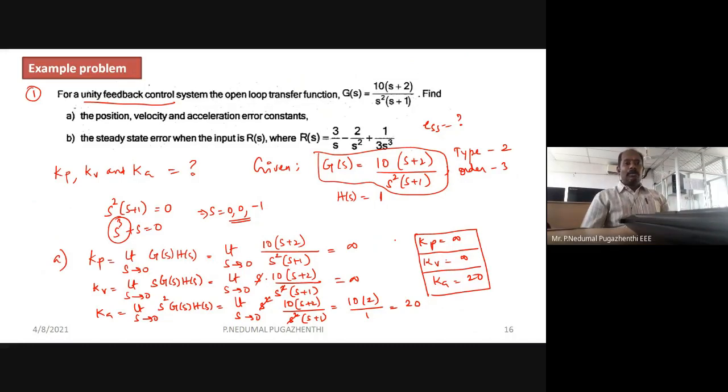Okay, no doubt. Fine. So I will meet you again in the next class, probably with the tutorials for steady state error alone. I will try to work on 1 or 2 problems for steady state error alone, maybe static error coefficients and constants and dynamic error coefficients also. 2 to 3 problems we will work on as a tutorial. Maybe in the next class we will be dealing with the tutorial.